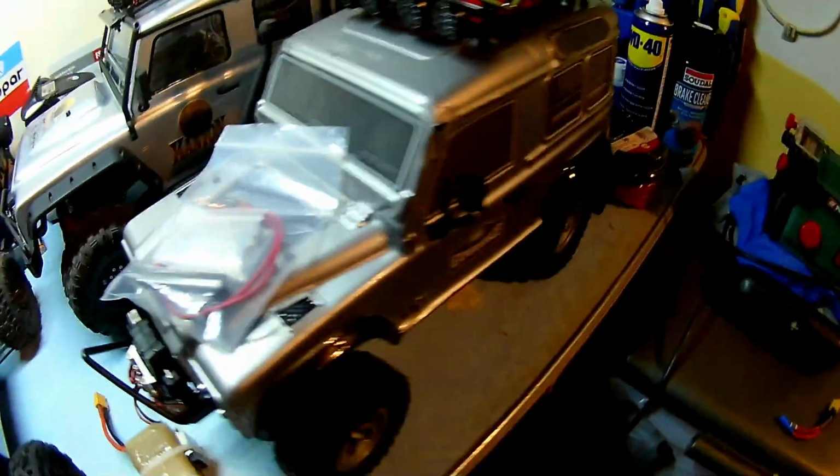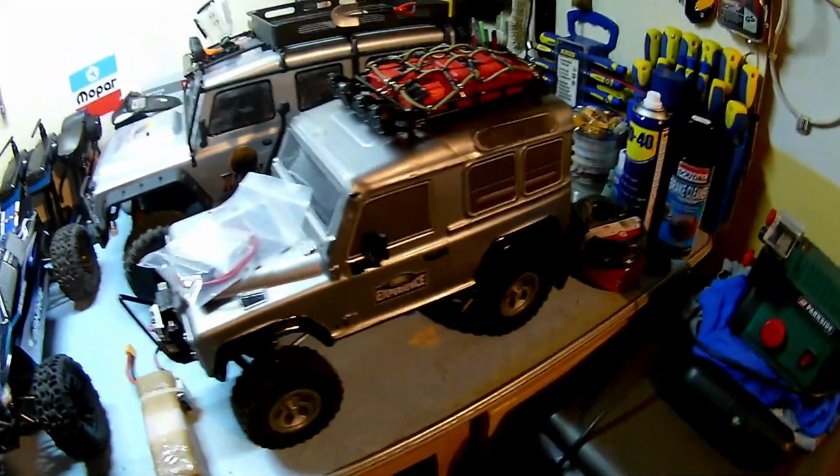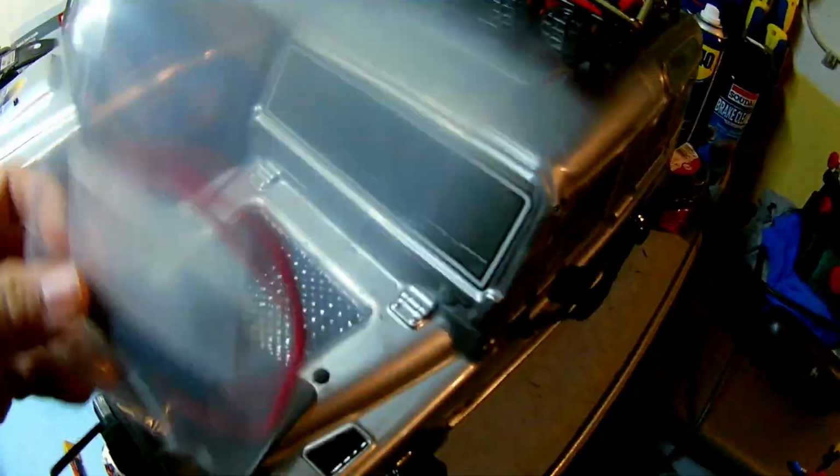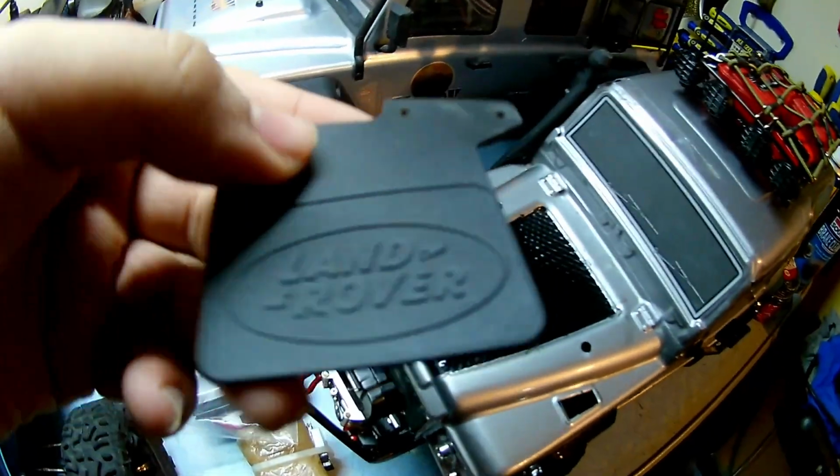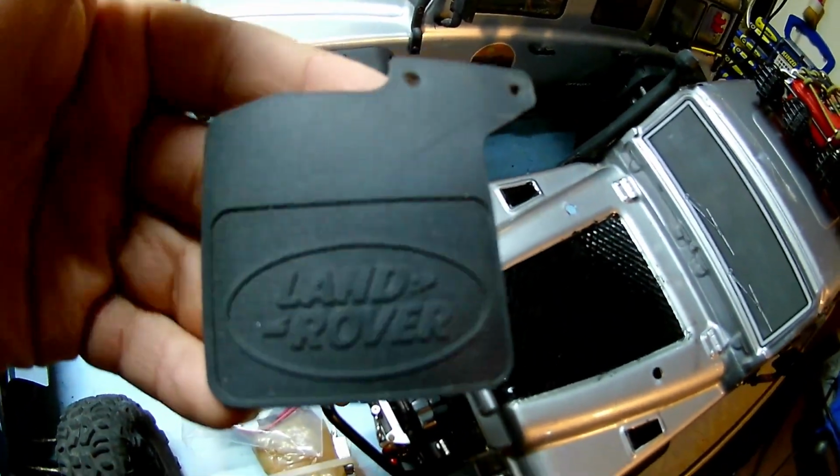So when I show you under the body, it's a lot of wires. So it has a lot of lights. And going to do this. By the way, I bought these OG style Land Rover mud flaps, and they look good, especially on the Canyon. I will show you the Canyon in a minute, but first I wanted to review mine